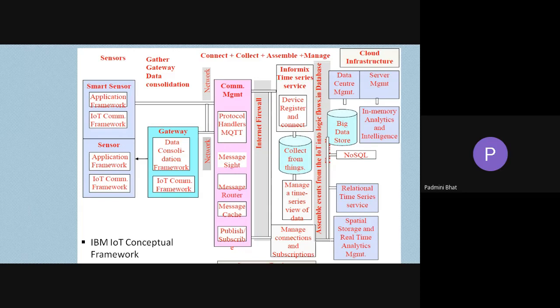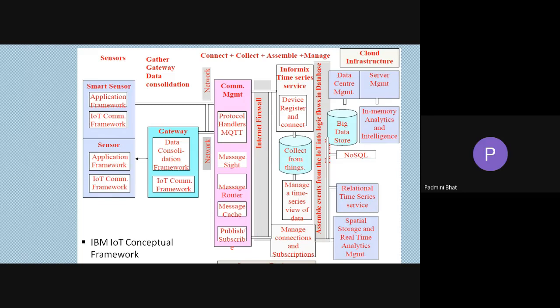All these come in this level. Then it is connected to the internet. Then again collect the data, assemble it, and manage it. This diagram is important. From the examination point of view, the IBM framework model is important.